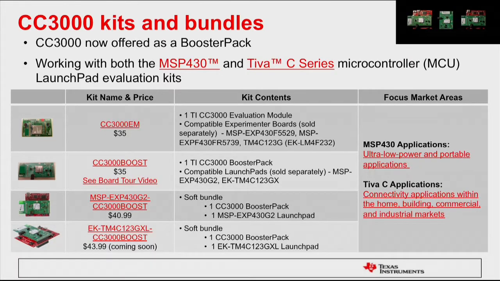All right, call to action. So what's next? Now that you've seen CC3000, you've seen some of the differentiation, how it brings the Internet of Things to the world, what's next to do? So the first one that we have here is a CC3000 EM, and this is a daughter card with a CC3000 module on it that works with TI's MSP430 experimenter boards, as well as Ativa experimenter boards. So you see there on the list the ones that it's compatible with, and then we have some software implemented with the MSP430 F5529, the MSP430 FR5739, and the Ativa C